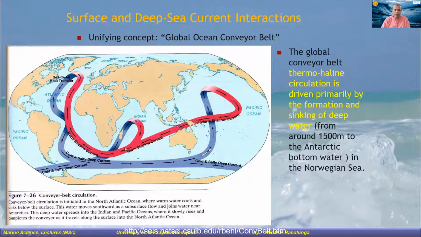If you look here, the red color means they are moving warm water, whereas the blue color means colder waters. The arrows show the direction of movement.